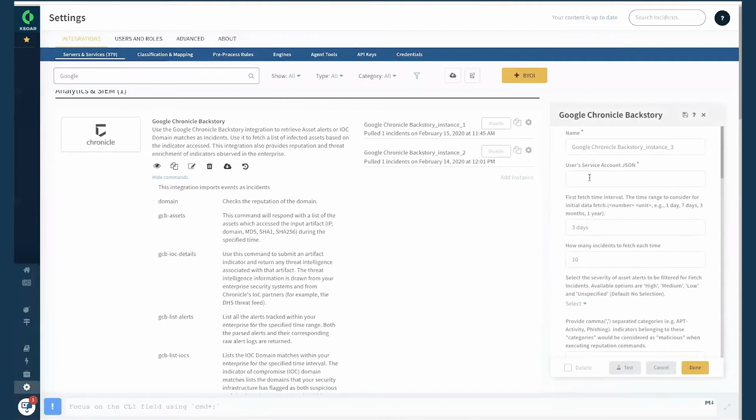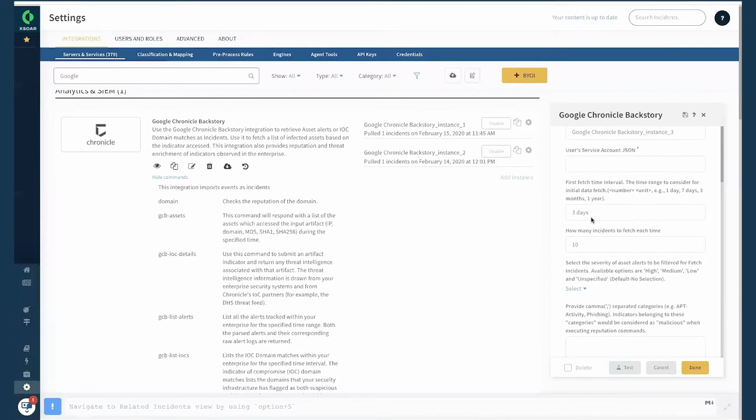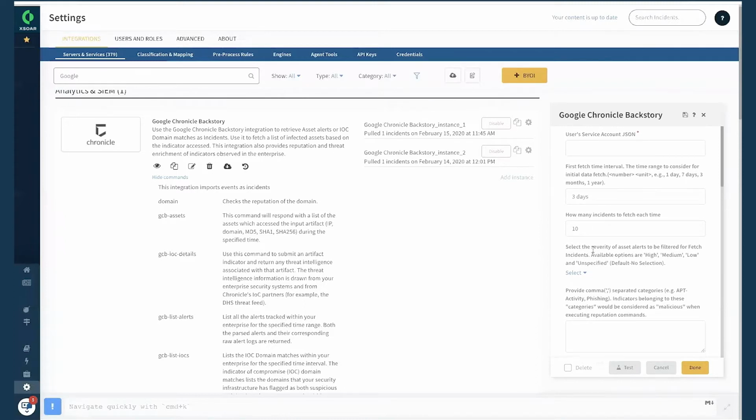You click on this, and customers get a default name which can be changed, and it's a mandatory field as you see. This can be changed to anything. You will have to mention the user service account JSON. This is a JSON output which will go in here. Then you have certain optional settings that customers, depending on their teams' preferences, can change. This can be changed on an ad hoc basis, but based on best practice, this is just a one-time